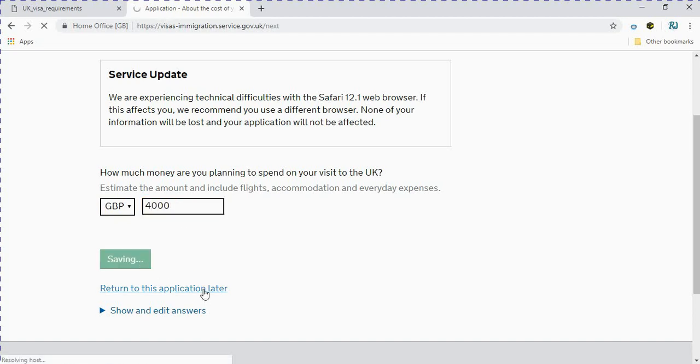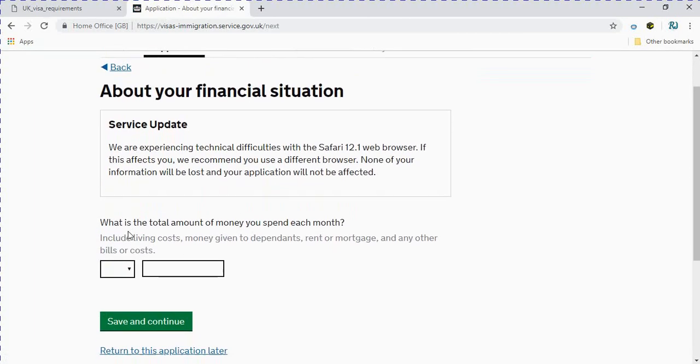Save and continue. What is the total amount of money you spend each month? This is asking you about your financial situation, how much money you spend every month. You can